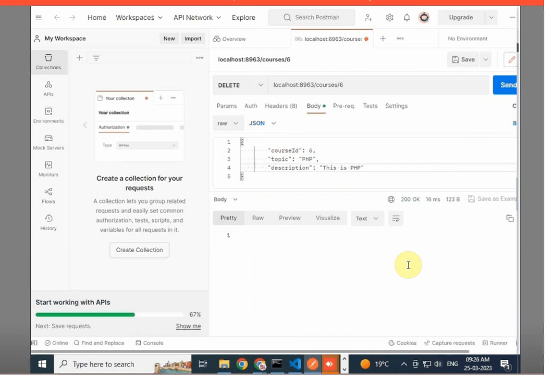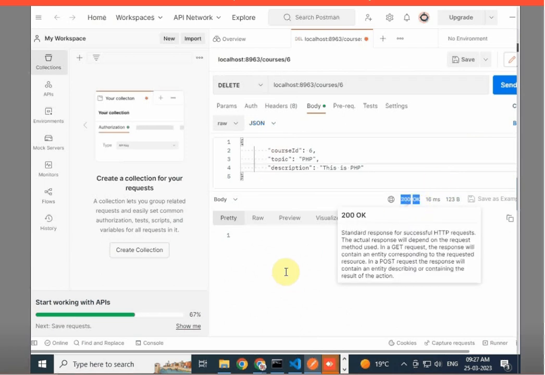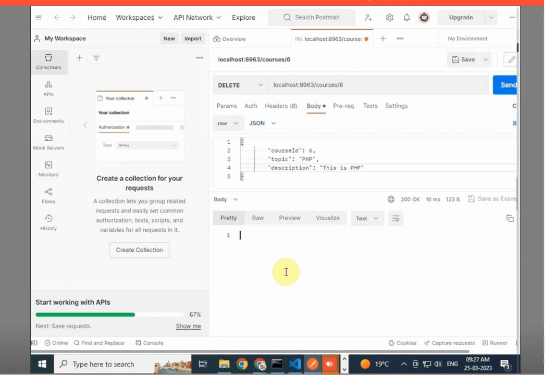In that delete method, if the course is deleted successfully, then the method returns a ResponseEntity object with HTTP status OK, which indicates that the request has been successfully processed.